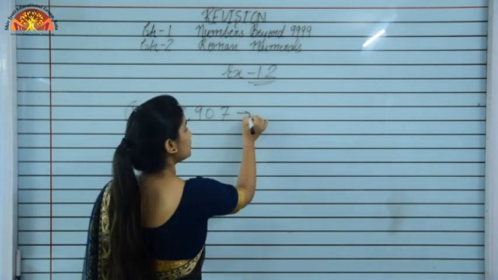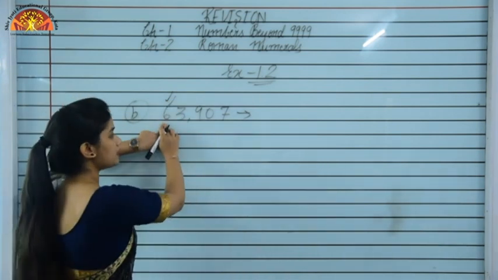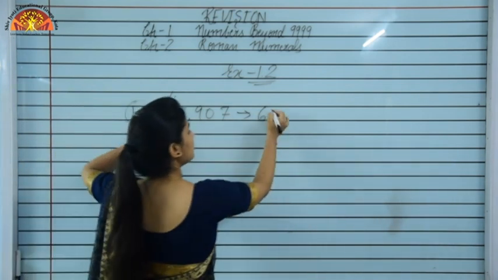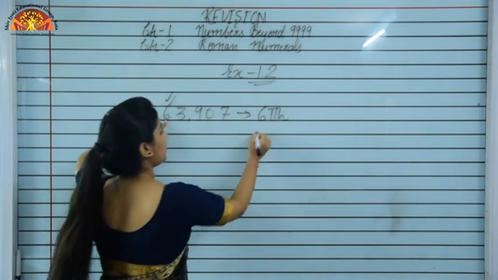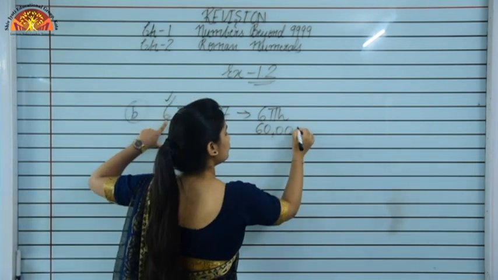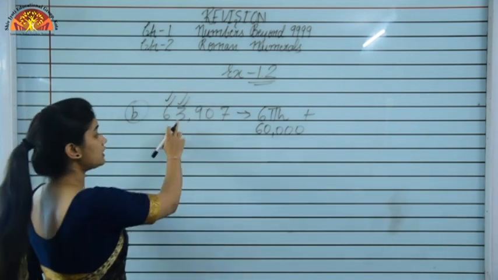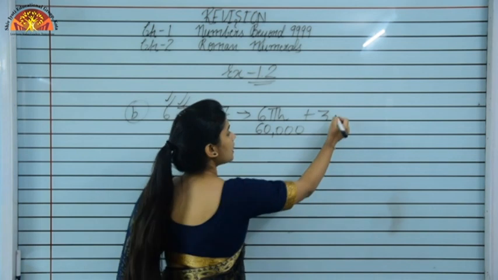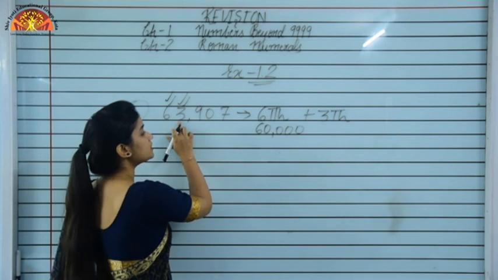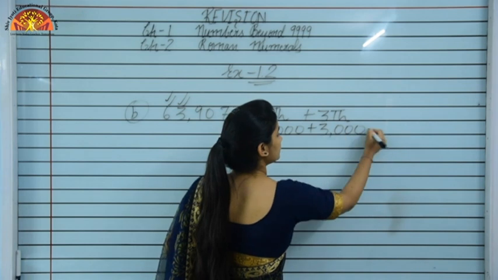As I have told you, how can you convert in expanded form? First we'll see this 6. 6 is coming at the 10 thousands place. So 6 10 thousands, and after 6 we see 1, 2, 3, 4, 4 digits. So we can put 40. Understood students? Now we'll observe this 3, and 3 is coming at thousands place. So the place value of this 3 is 3000, and after 3 we see 1, 2, 3, 3 digits. So we'll put 30.